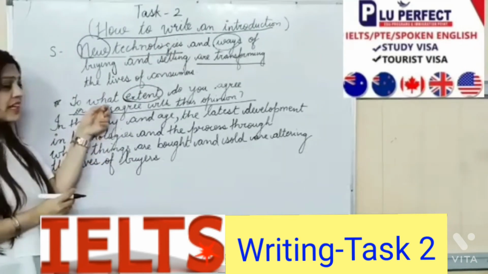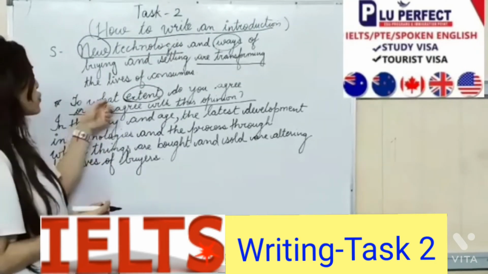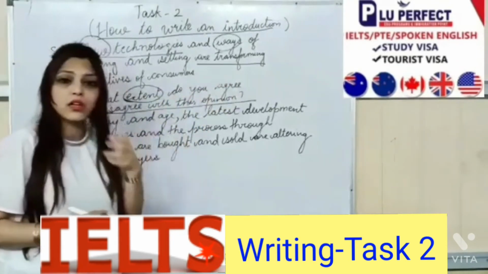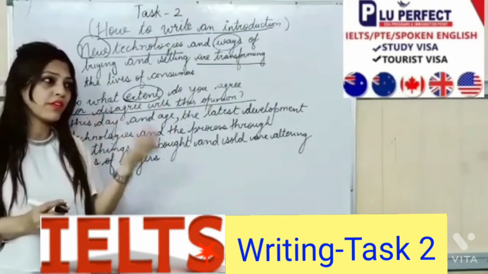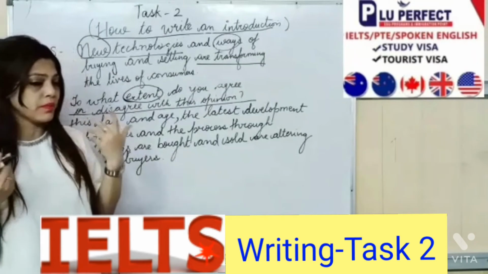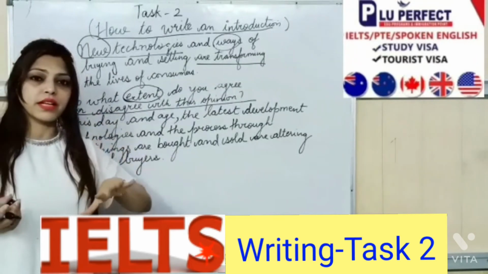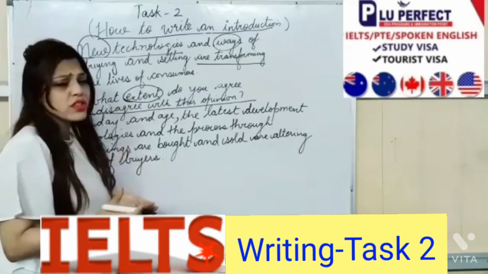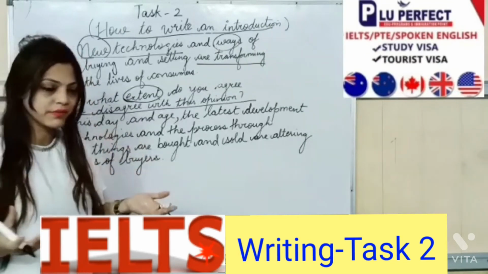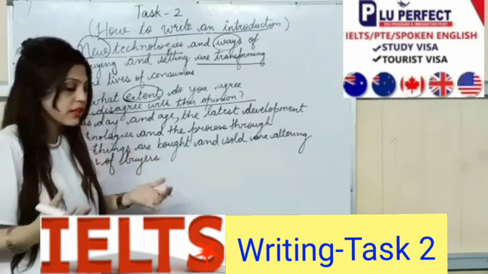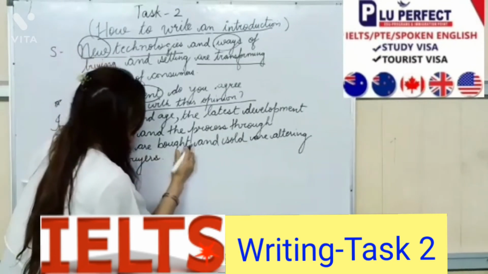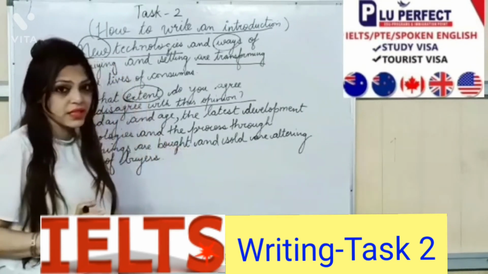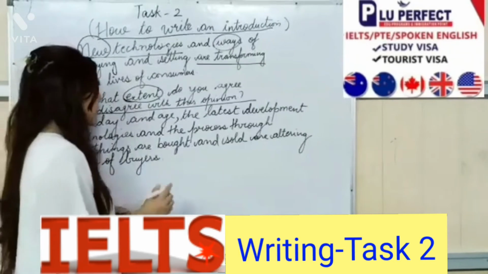Okay. Now I have to write my thesis statement, which is to what extent do you agree? Now it's up to you. If you want to say I partially agree, you can partially agree. If you want to say I've already discussed that. Okay. So in case you're saying I completely agree, or I completely disagree, so how can you write? And this is just one of the ways, not the only way, students.